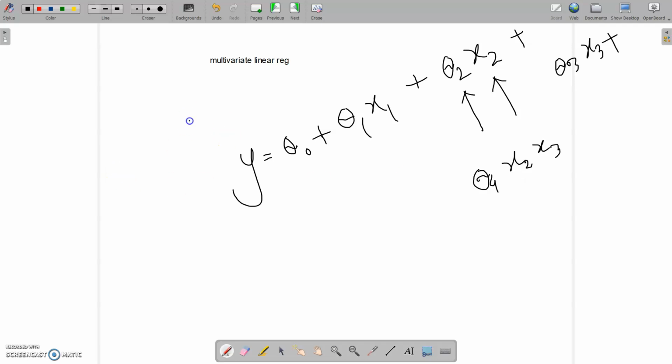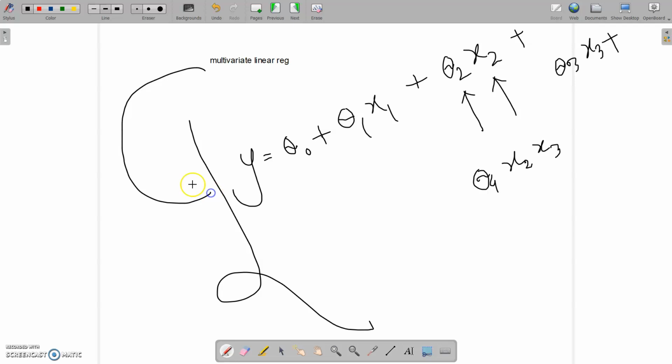So this will actually create a multivariate linear regression model. When you have 2 features, that means you are in 3 dimensions now. You are no longer in 2 dimensions. So with this line, you are actually trying to plot a surface like this in a 3 dimensional plane. In the 3 dimensional plane, you are trying to fit